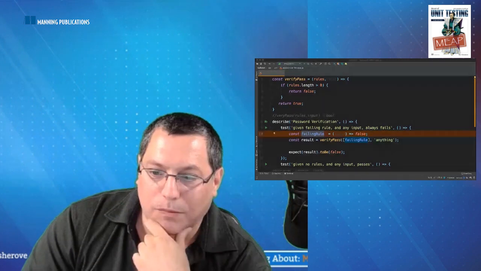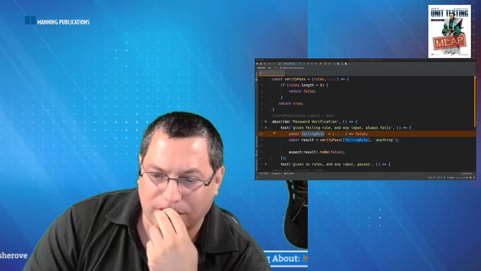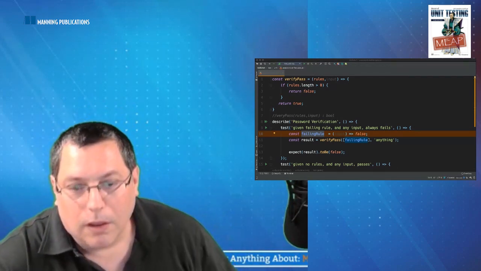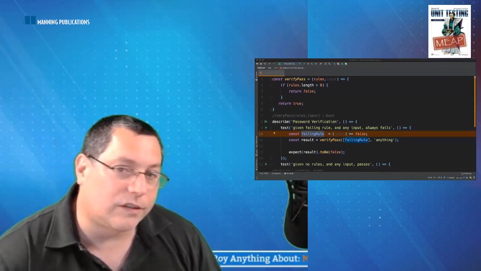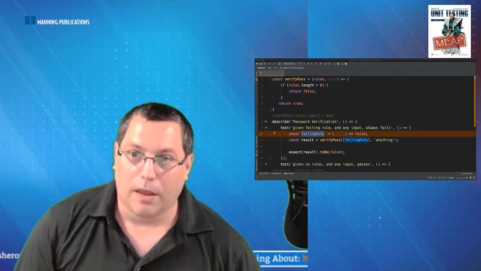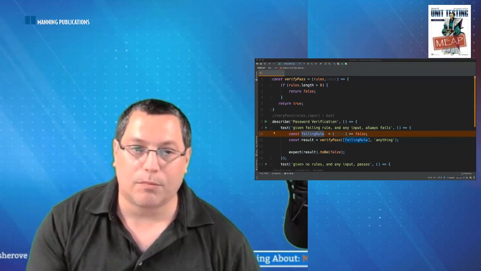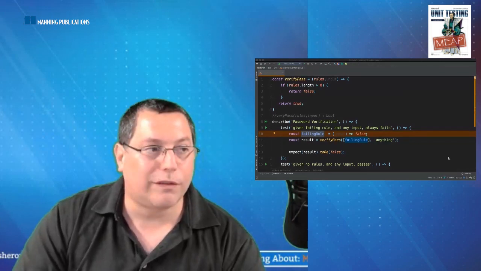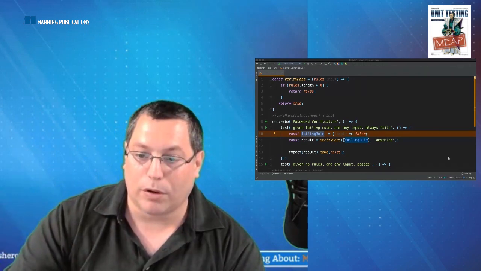By the way, question: if you sometimes use mocks as stubs, how would you name the mock class itself? Good question. If I am going to create a class that is going to be used as either a mock or as a stub, I will name it fake something. So I'll call it fake logger. The word fake to me basically signifies that the same thing can either be used as a mock or as a stub. Hopefully that answers the question. So I'll just use the word fake whenever I'm using something that could be used as either at some point.